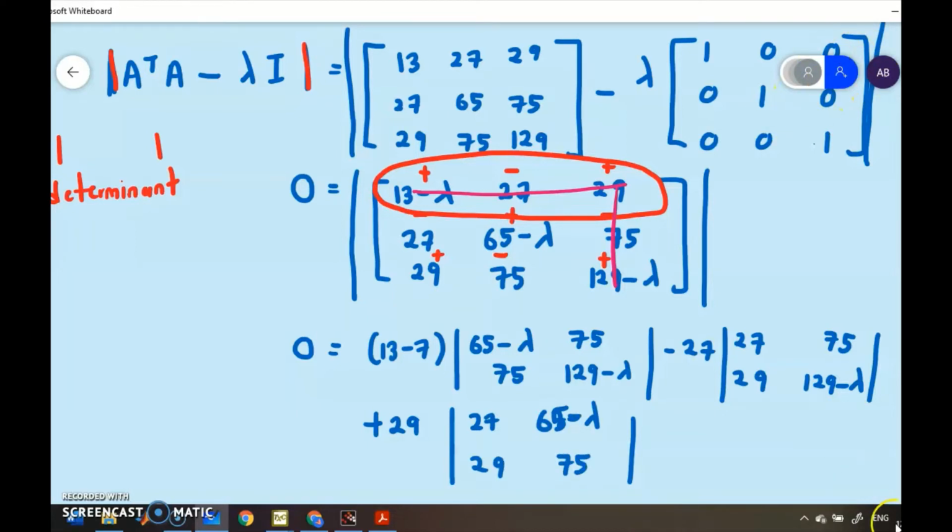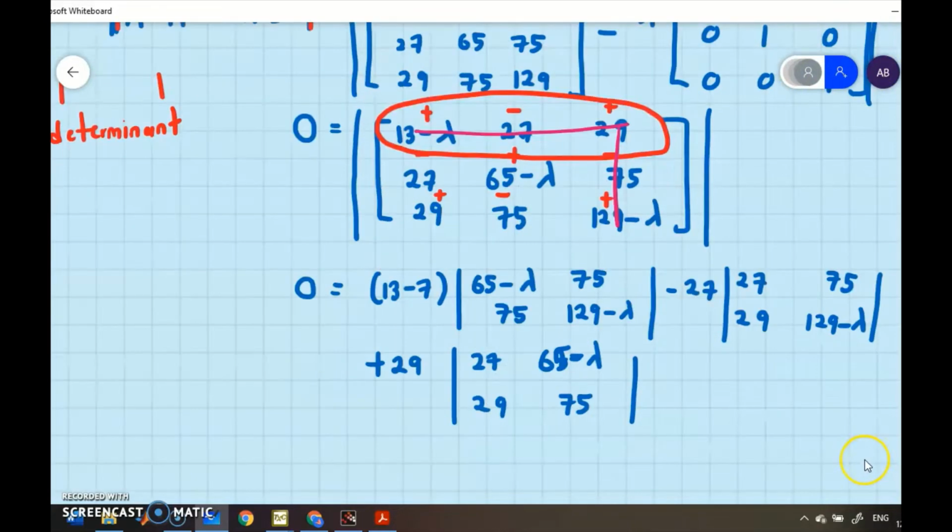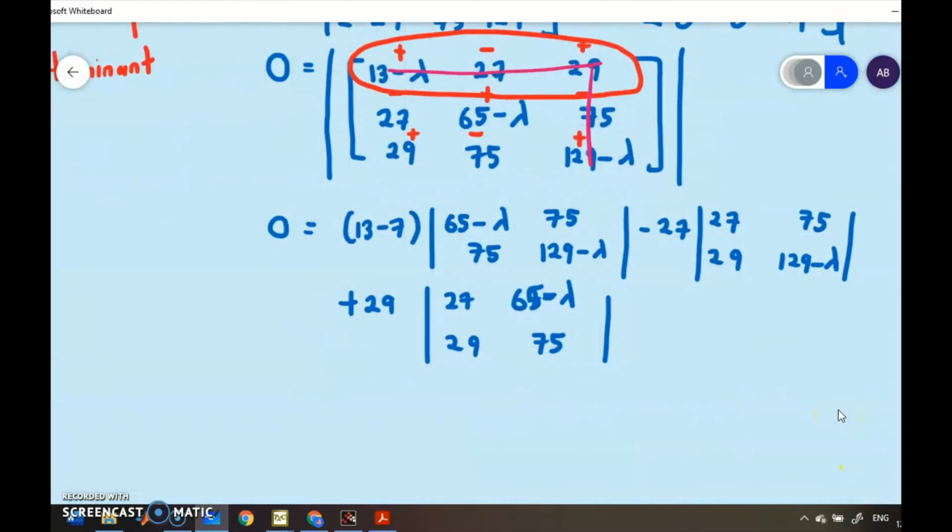So if you look at this matrix here, you have to solve it when it equals 0. Sorry, this is not 7. This is lambda. I don't know what I'm writing nowadays. Pardon me. This is lambda. Now, how do you find the determinant? This times this minus this times this. So I can remove my determinant symbol, because I'm trying to solve it. So I have 13 minus lambda